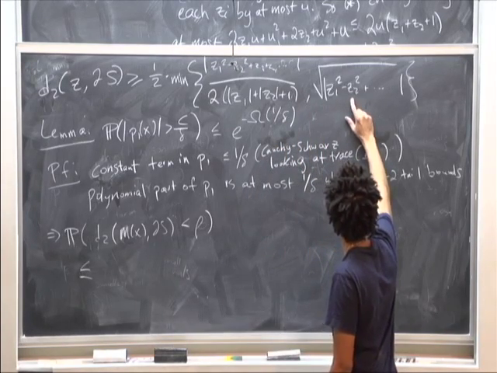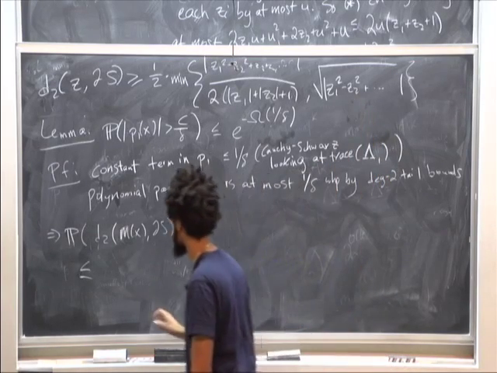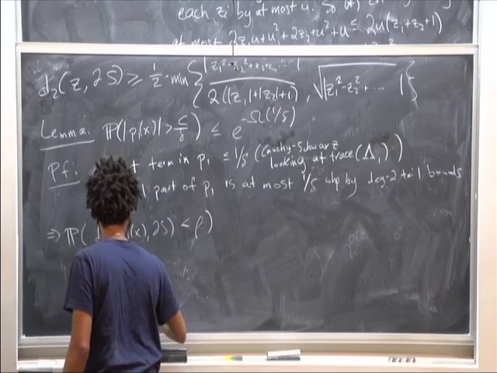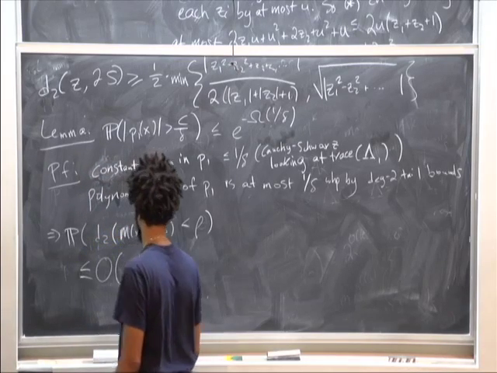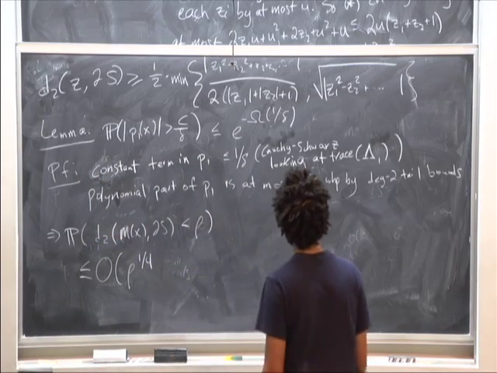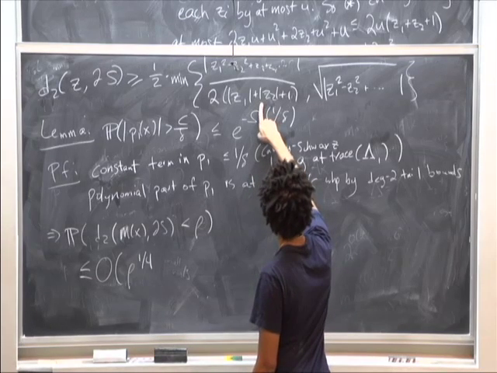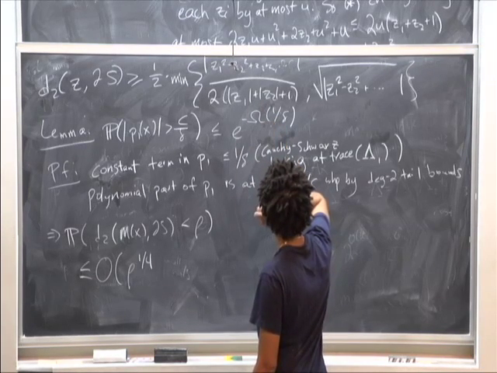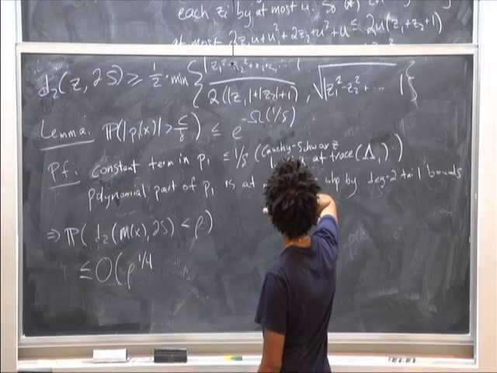The probability that this is less than rho is at most rho to the quarter. The probability that this other thing is less than rho, well,